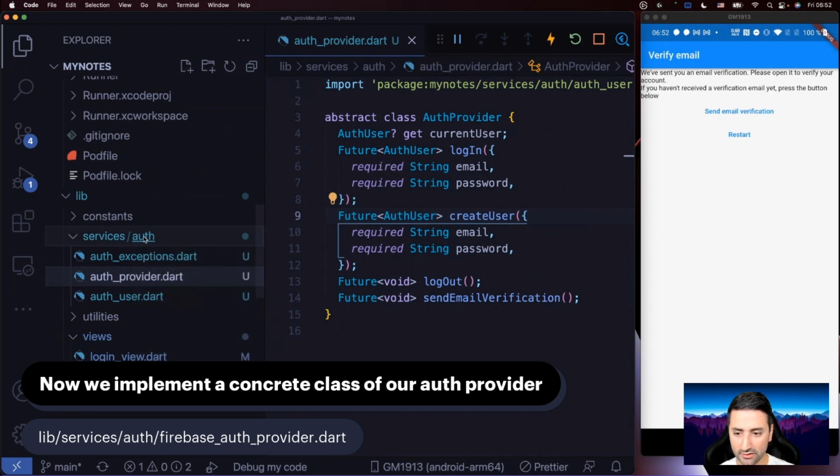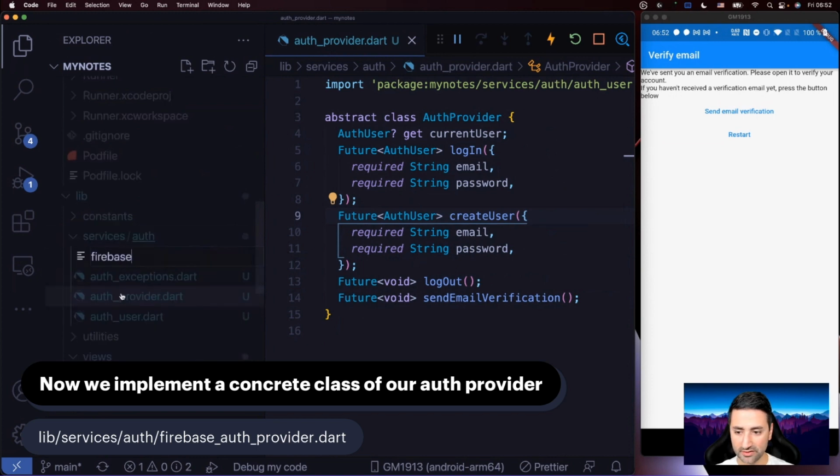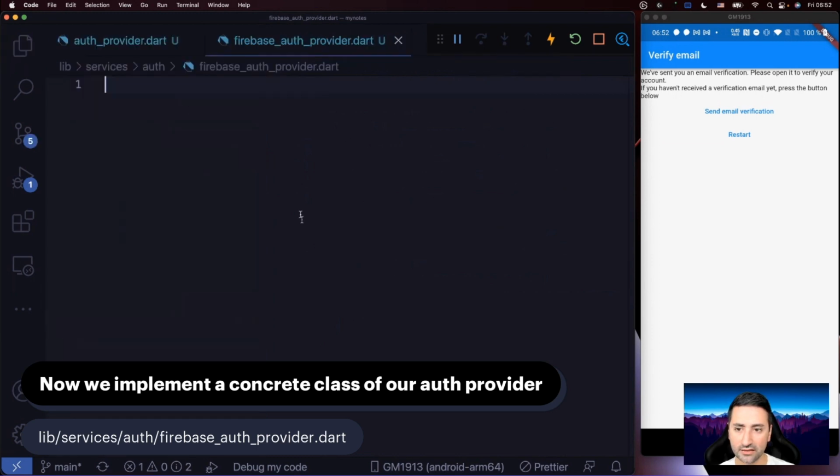I'm going to right click here and say new file. I'm going to call it firebase_auth_provider.dart. Now let's go in here, and I'm going to go to my notes a little bit. Okay, so this is going to be the juiciest part